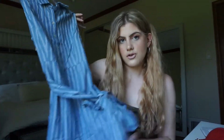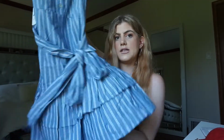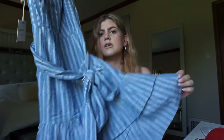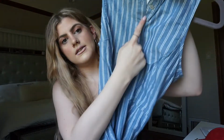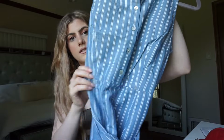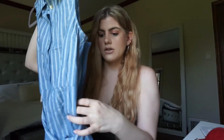Next up, I have this really pretty striped dress. Looks like this. It has ruffles on the bottom, which is really pretty. That's what actually caught my eye. I really like the girly cutesy look. This also has buttons going down, it's actually up to your waist, and then it stops. But the way that you have to put this on is kind of complicated. So the zipper is on the side,